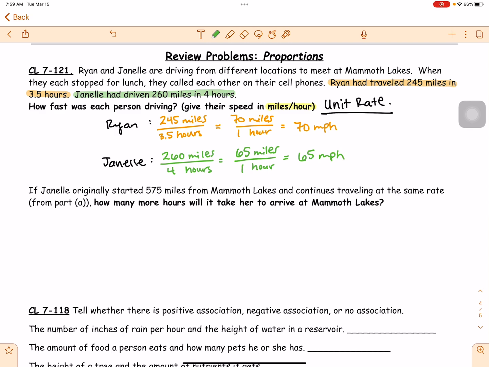So who went faster was Ryan. It didn't ask who went faster, but how fast was each person driving? This is how fast they were each driving. Ryan was going 70 miles per hour, and Janelle was going 65 miles per hour. Okay. So now it says here,